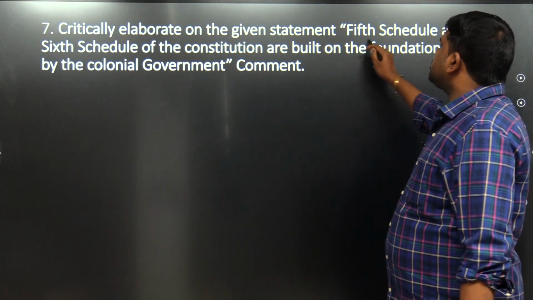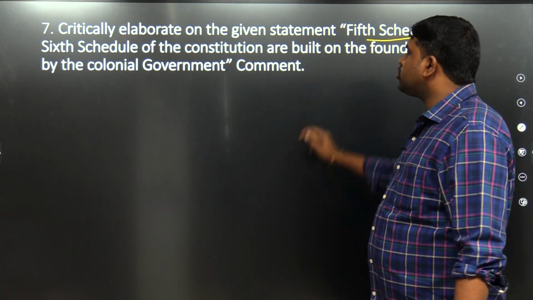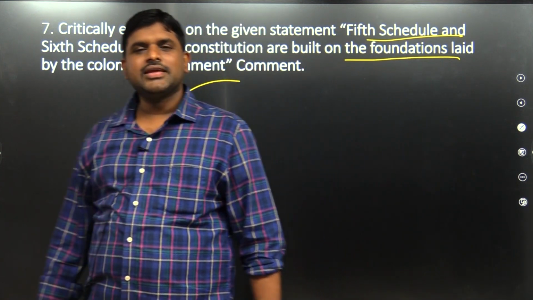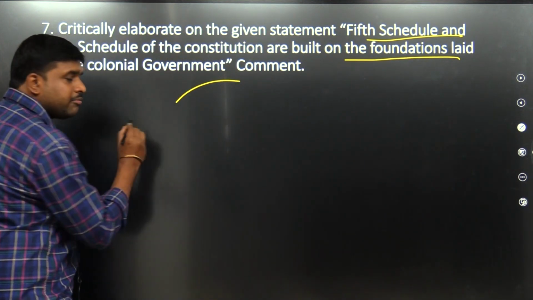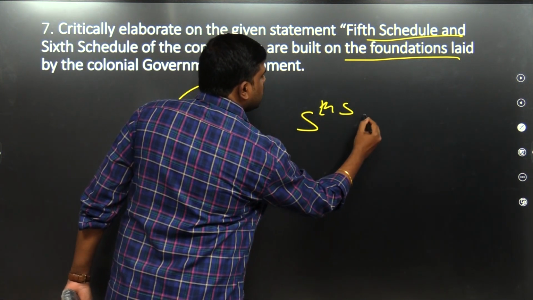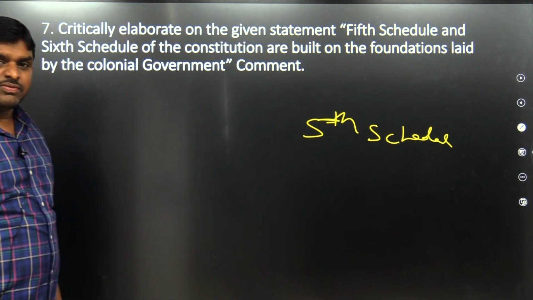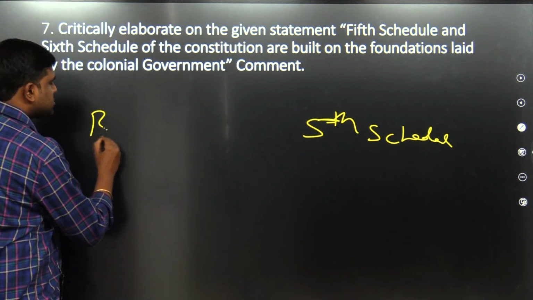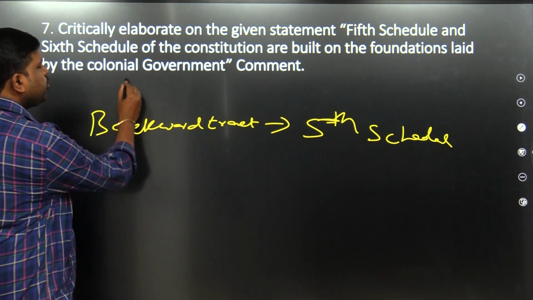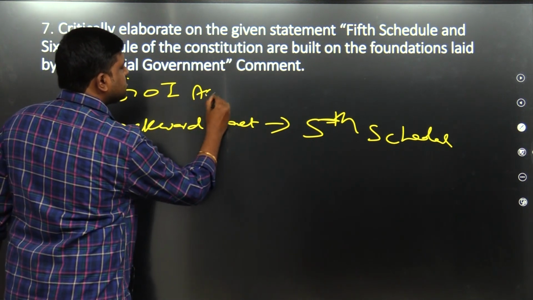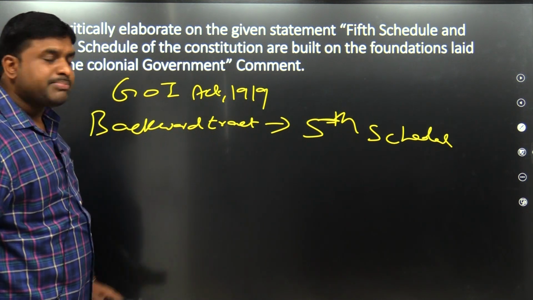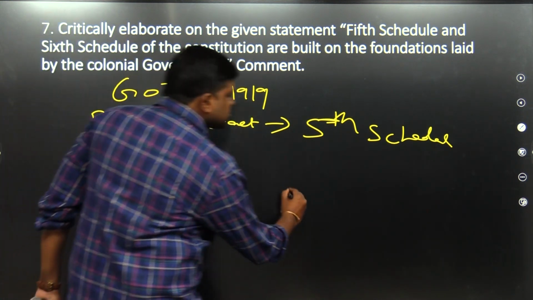Critically elaborate on the given statement: the 5th schedule and 6th schedule of the Constitution are built on the foundations laid by the colonial government. First, make a table like this. Now it is called the 5th schedule, but earlier it was called backward tract. According to the Government of India Act of 1919, the 5th schedule was called backward tract, and the 6th schedule